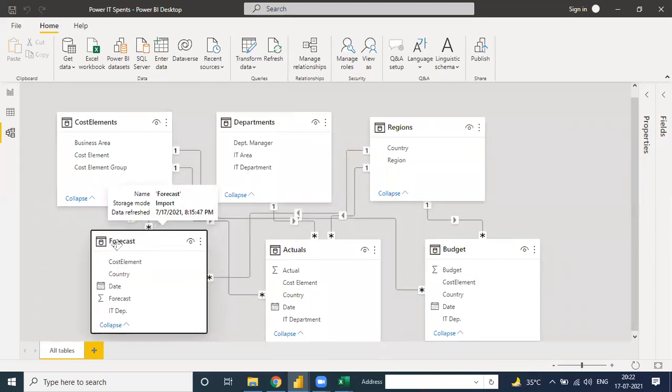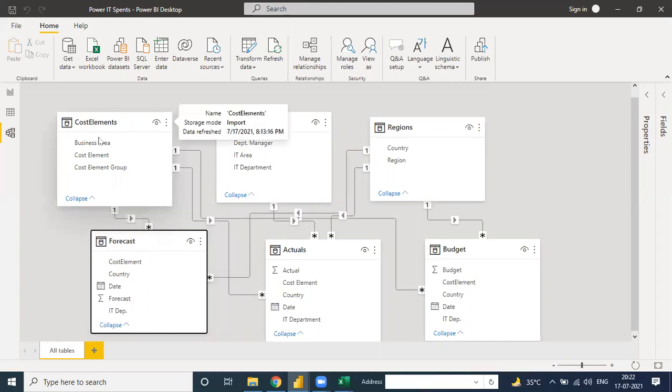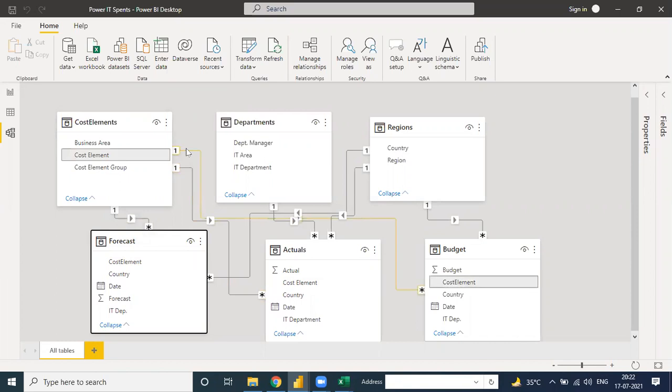See, there is a forecast table and, under it, the common name cost element. Cost element is connected with the forecast, the actual, and the budget. But the IT department is not connected with this table. Can anyone tell me why?